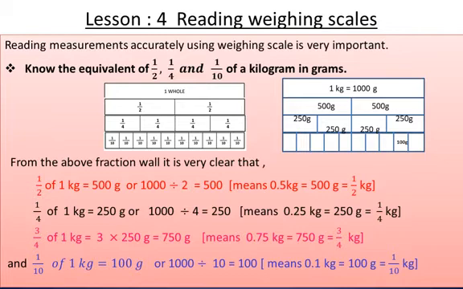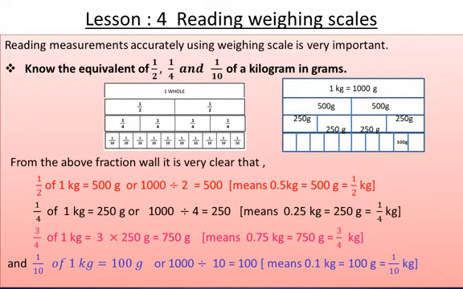So what is a quarter of 1 kilogram? You can write it as 250 gram. How can you find it? Using the fraction wall, or a quarter of an amount means divide the amount by 4. Here the amount is 1 kilogram. Change it into 1000 gram, divide by 4, and you will get 250 gram. How will we write it as a decimal? 0.25 kilogram. We know that 0.25 kg is 250 gram, a quarter, they are equal.